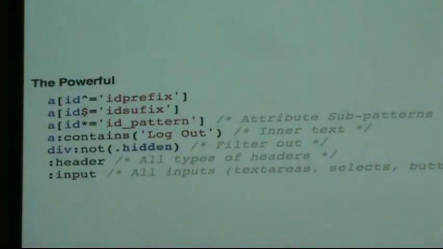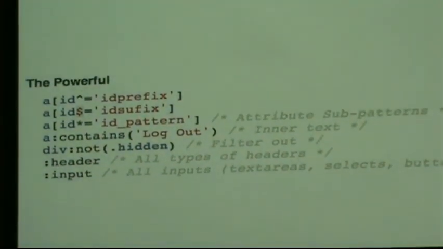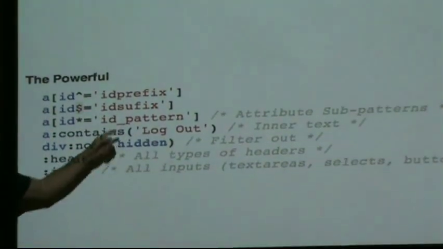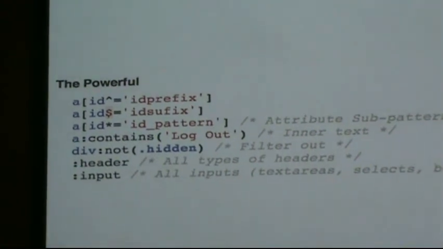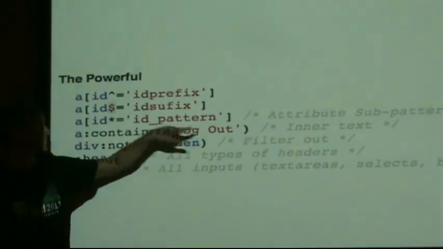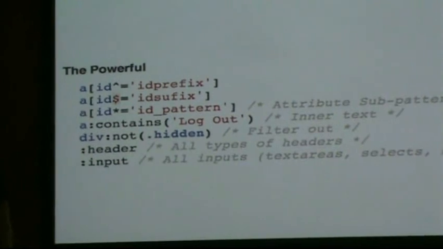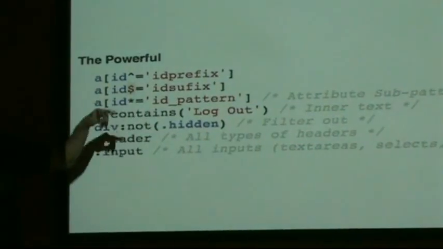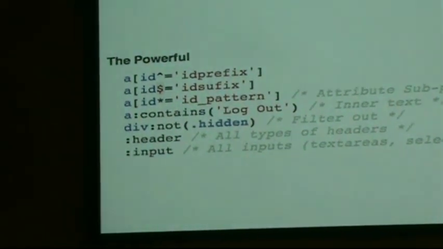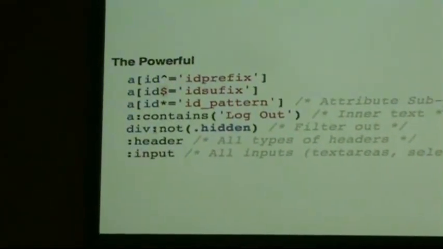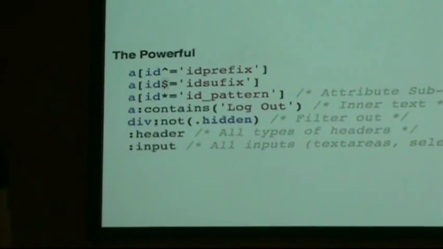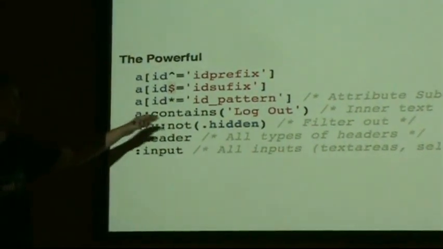Another thing to point out that I learned yesterday from one of the guys in the IRC is that you can even use regexes here, kind of regexes. So if you want to find an element that matches exactly this text and not just contains it, you can just use the dollar sign and then the caret thing at the end, as in regexes. Now you can do some other smart things like filtering by not. Something like, I want to find this div, but it doesn't have to have the hidden